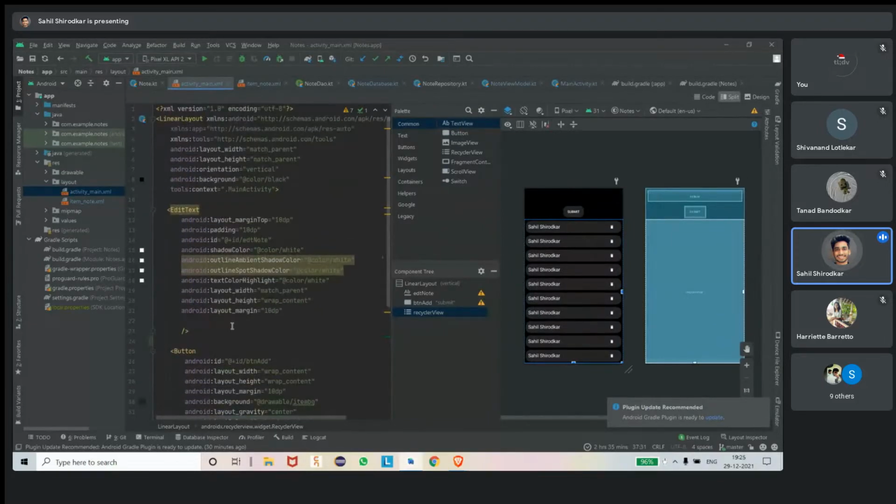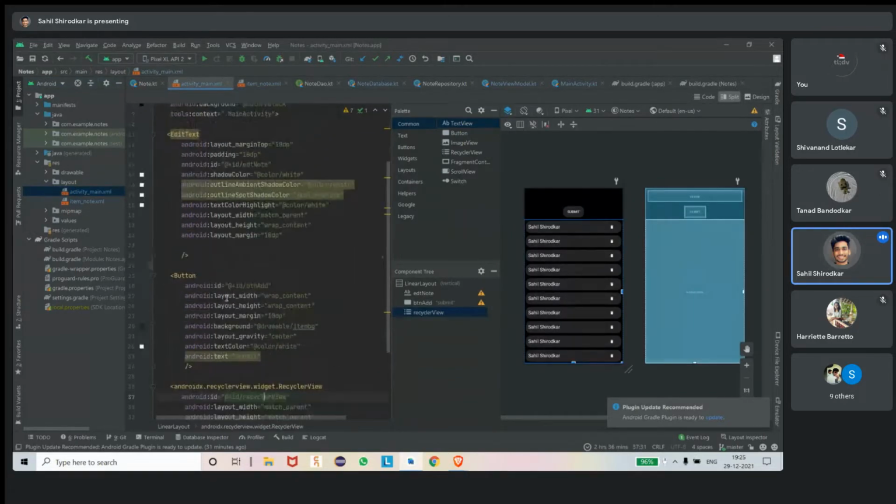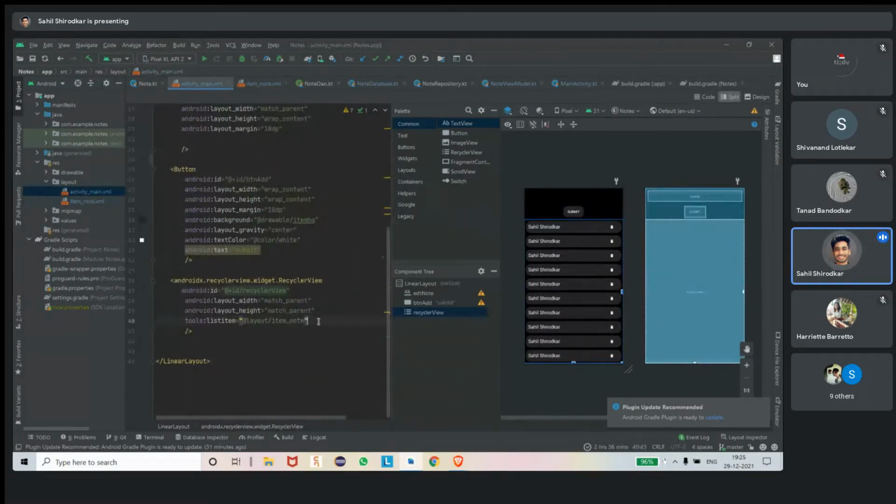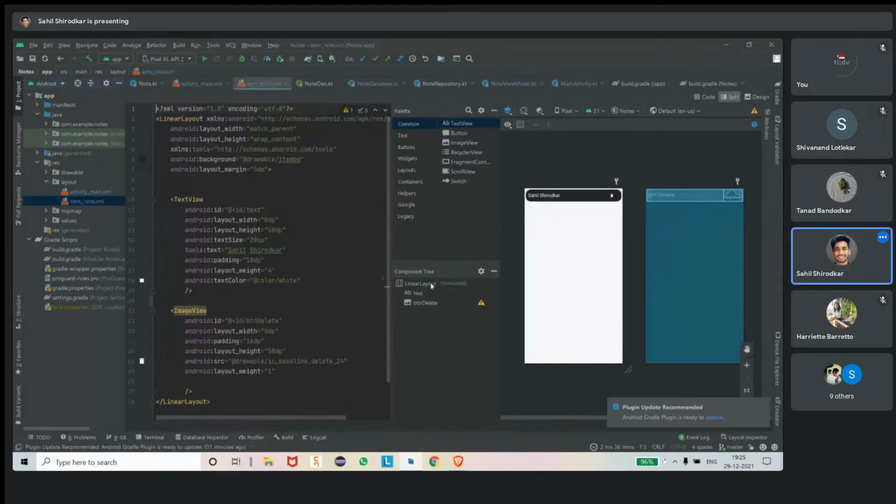Don't worry about the code. After the lecture, I'll share my GitHub repository, so you can run the app from GitHub, or you can copy paste the code looking at the GitHub. For RecyclerView, those students who attended the RecyclerView lecture might know that we make a separate layout for each item of the RecyclerView.